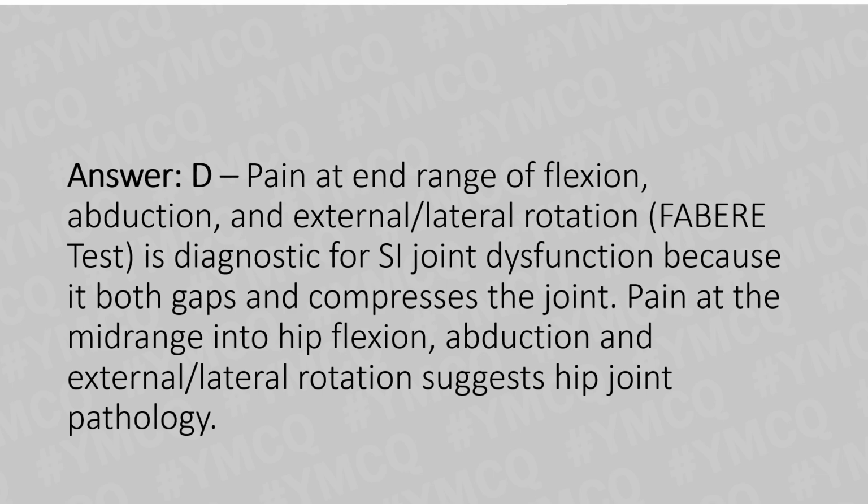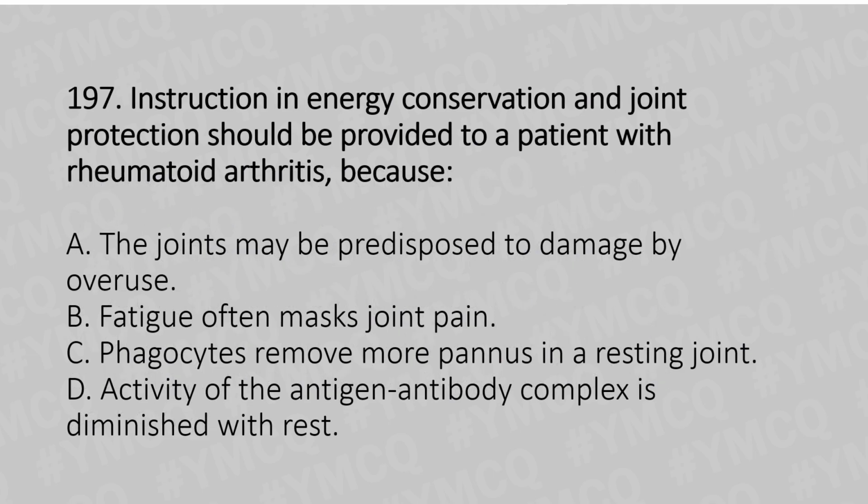Now let's move to question number 197. Instruction in energy conservation and joint protection should be provided to a patient with rheumatoid arthritis, because Option A. The joints may be predisposed to damage by overuse. Option B. Fatigue often masks joint pain. Option C. Phagocytes remove more pannus in a resting joint. Option D. Activity of the antigen-antibody complex is diminished with rest. And the answer is